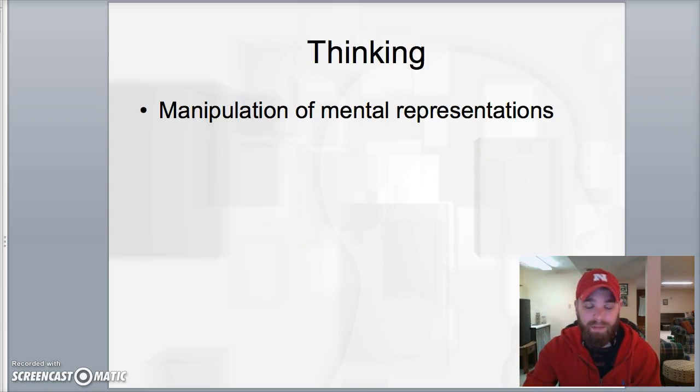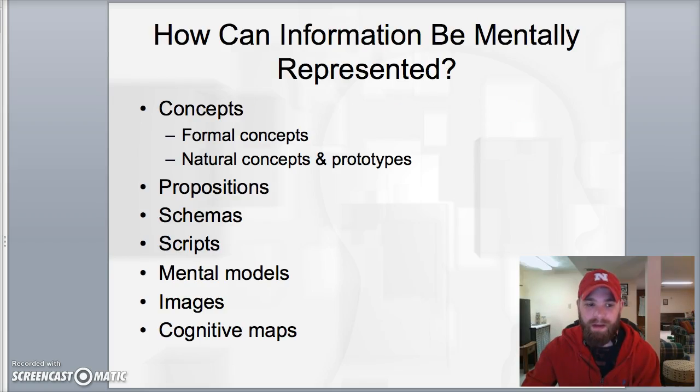In terms of the thought part of this chapter, this is a definition you'll want to know. Thinking is the manipulation of mental representations. So when we have things in our mind, thinking is when we are doing things with the things in our mind. That's the definition you're going to want to know, at least in terms of what we're going to define as thinking. And I'm not going to talk about this slide, but there's some things you'll want to know on here, like what's a formal concept, what's a script. You'll want to know about those.